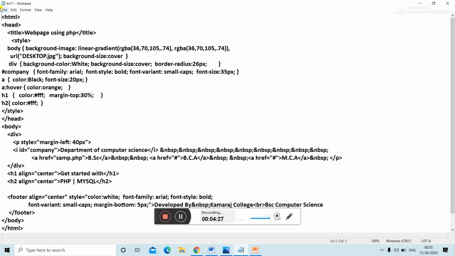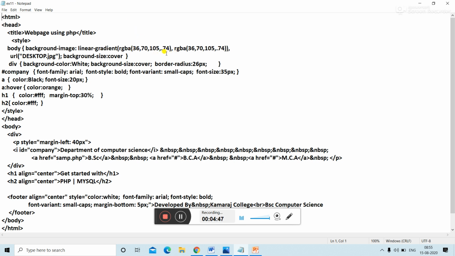The body tag has some attributes like background image, linear gradient and URL, background size. Background image will be displayed in linear gradient. So linear gradients help for smooth transition.